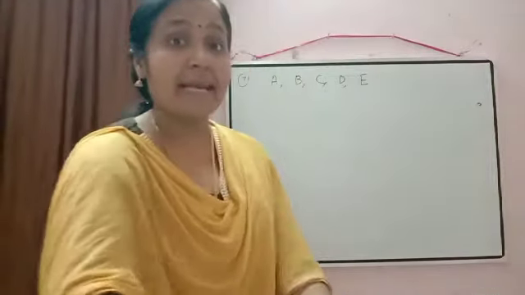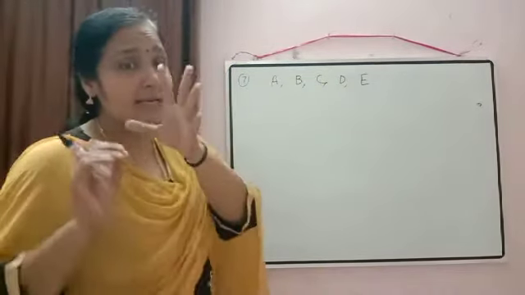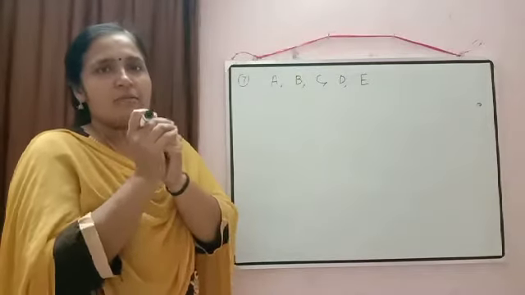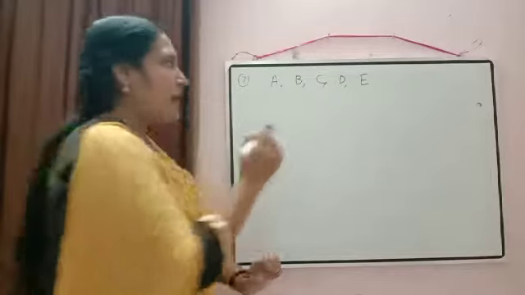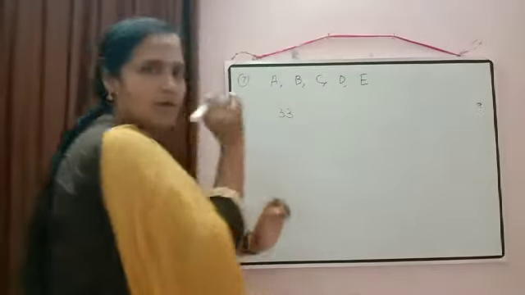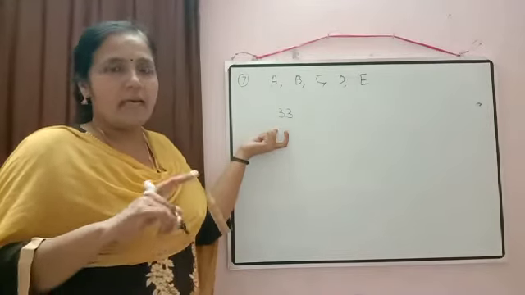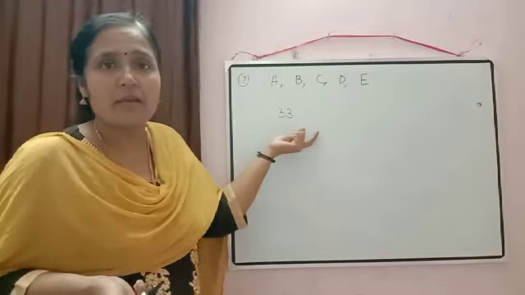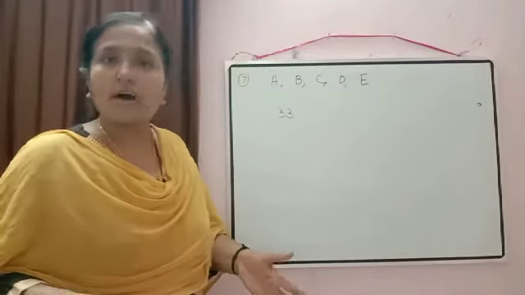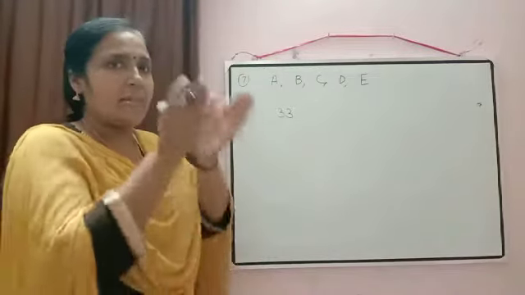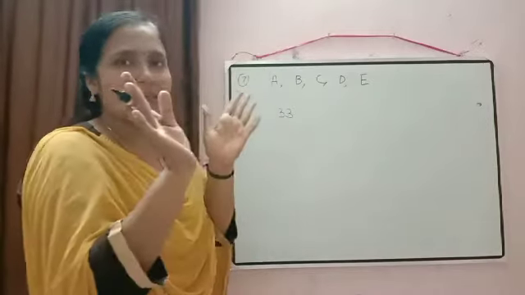Now what is the meaning of at least 2? Just one example I am giving you. At least means minimum. So if we are saying in the examination minimum passing mark is 33, and you got 33 marks, are you pass or fail? Pass. If you got 90 marks, pass or fail? Pass. If you got 100 marks, then also you are pass only. So if it is saying minimum mark is 33, it means you have to get 33 or more than 33.